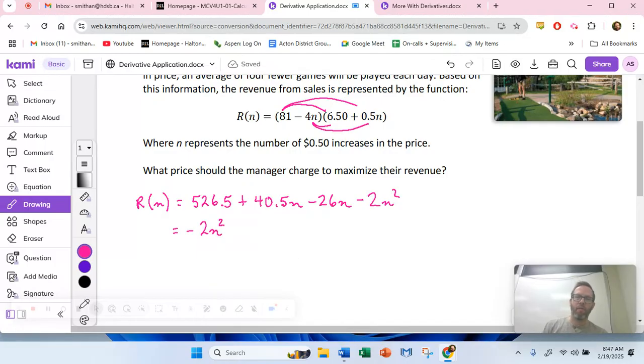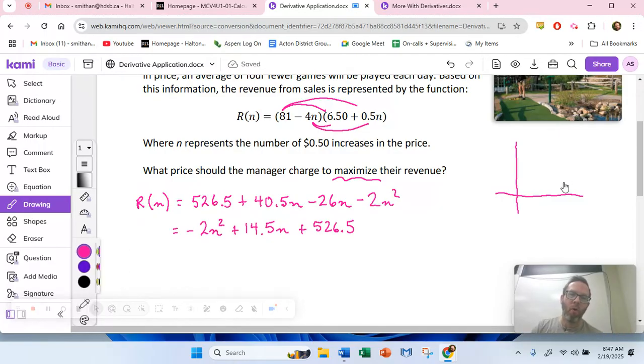So minus 2n squared plus 14.5n plus 526.5. And so if you were in grade 10, because we're looking to maximize revenue, your grade 10 teacher would be like, well, if you're looking to maximize something and it's a quadratic function, then really what you're looking for is the vert-